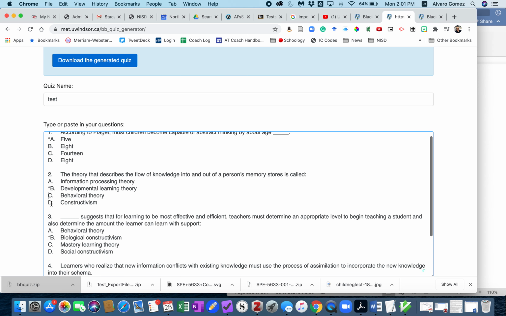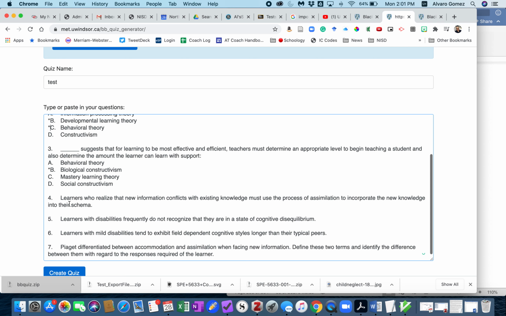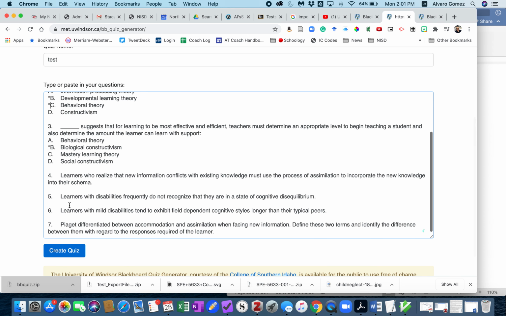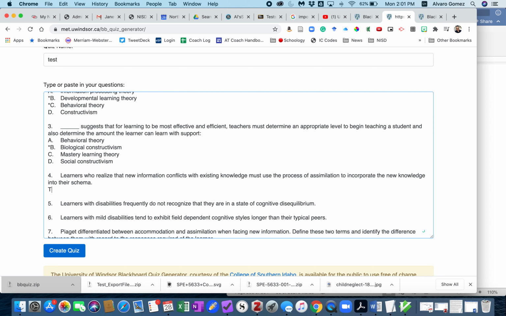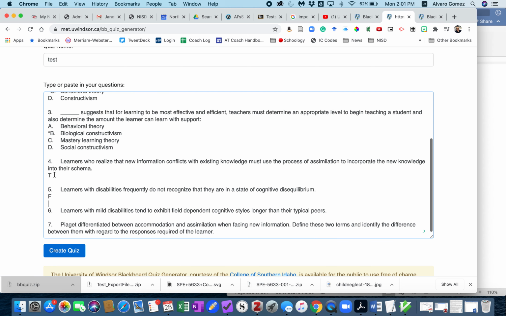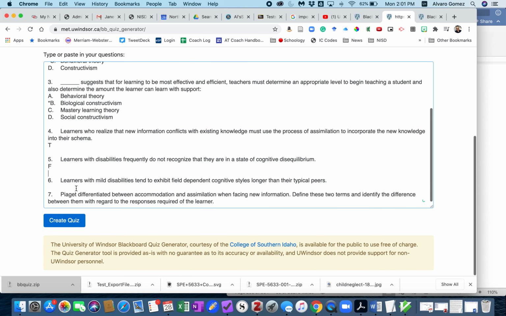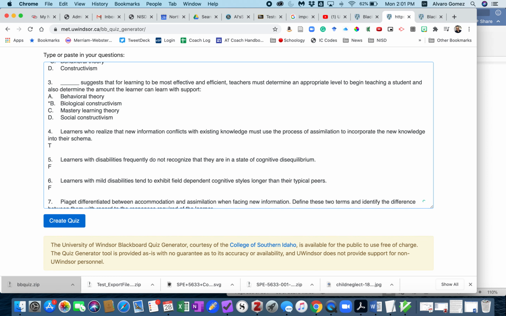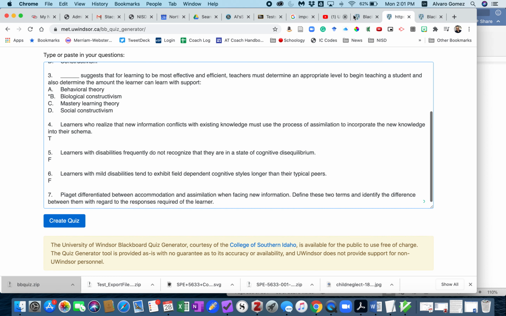Let's say this one was the multiple answer one. So I'm going to put 2 asterisks. Actually, these 3 are the true false. With true false, you can put a T after the question, so that it tells it whether this question is true or false. Okay, and then the short answer ones,